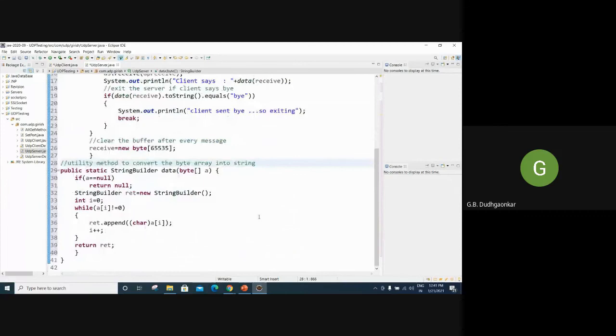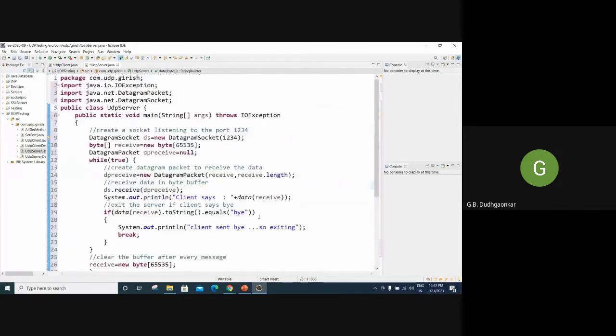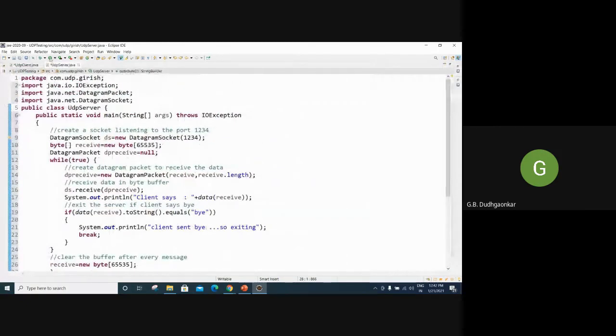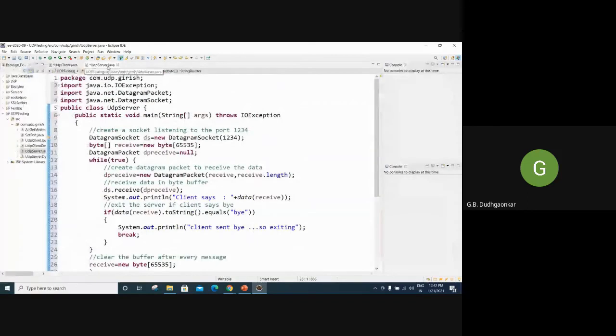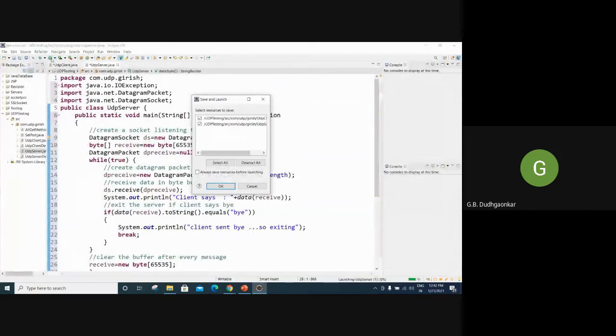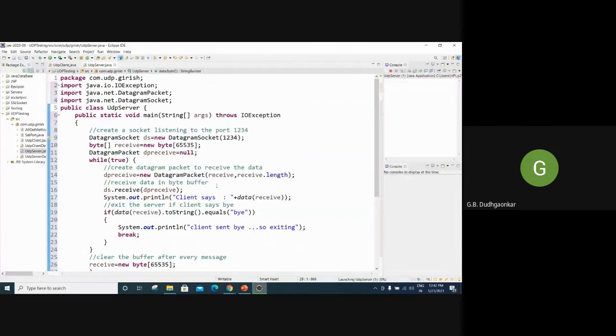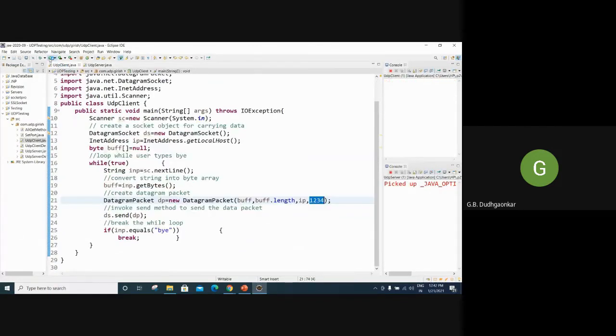Now both the server and client programs are ready. I think there is no error up till now. So you can start the server first, then we can start the client.